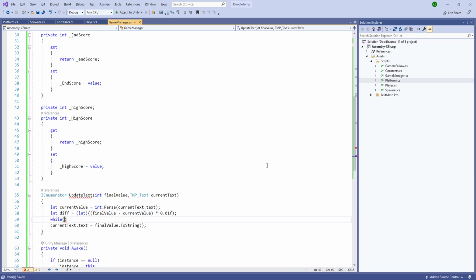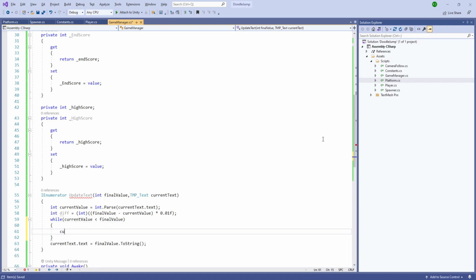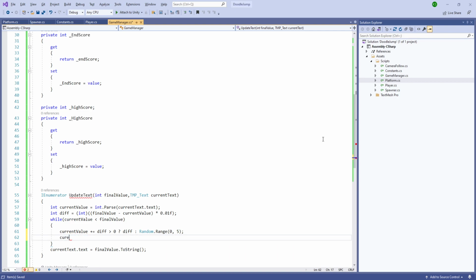And after that, while our current value is less than final value, what we'll do is current value plus equals, first we'll check if difference is greater than 0. If it is greater than 0, then we'll use the difference, else we'll use random dot range from 0 till 5. So it will add to the current value,